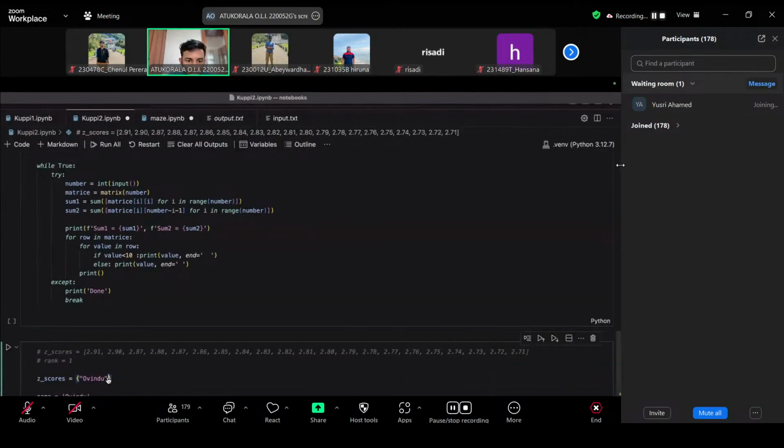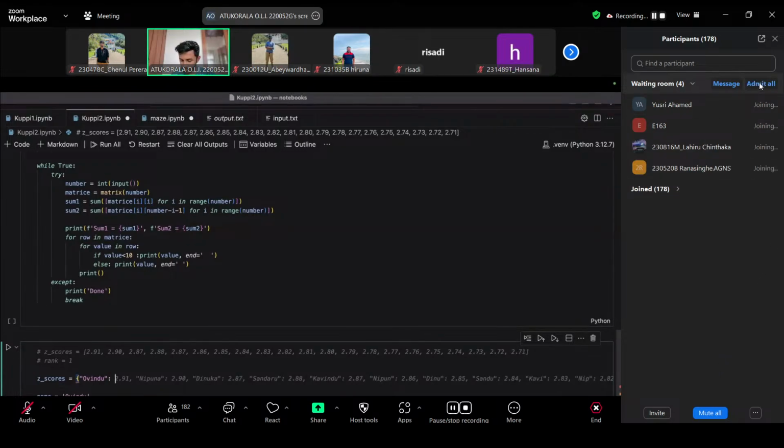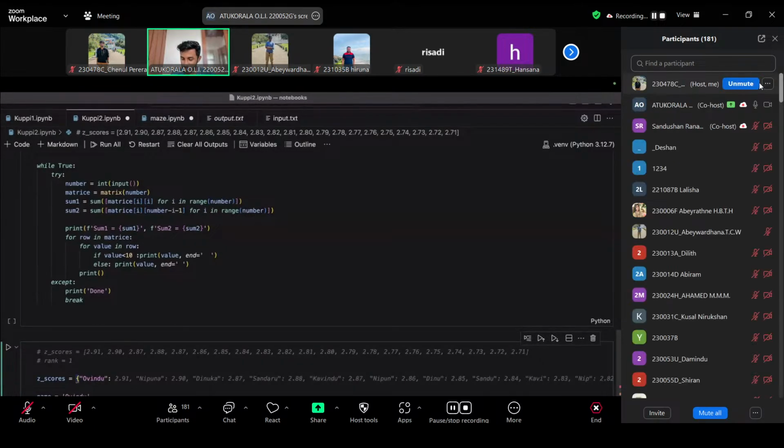And you put the value, 2.9. So yes, it will be the key separated by a colon and the value.